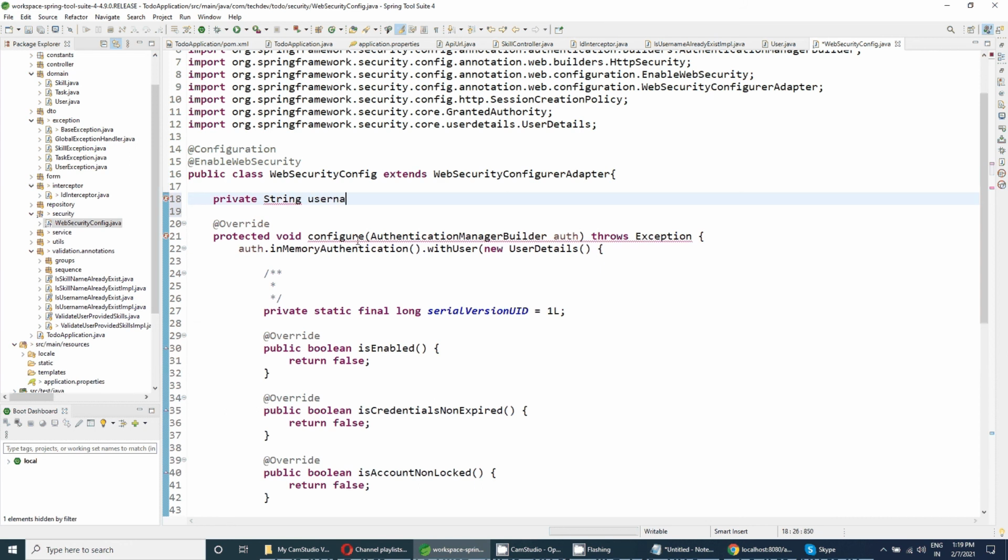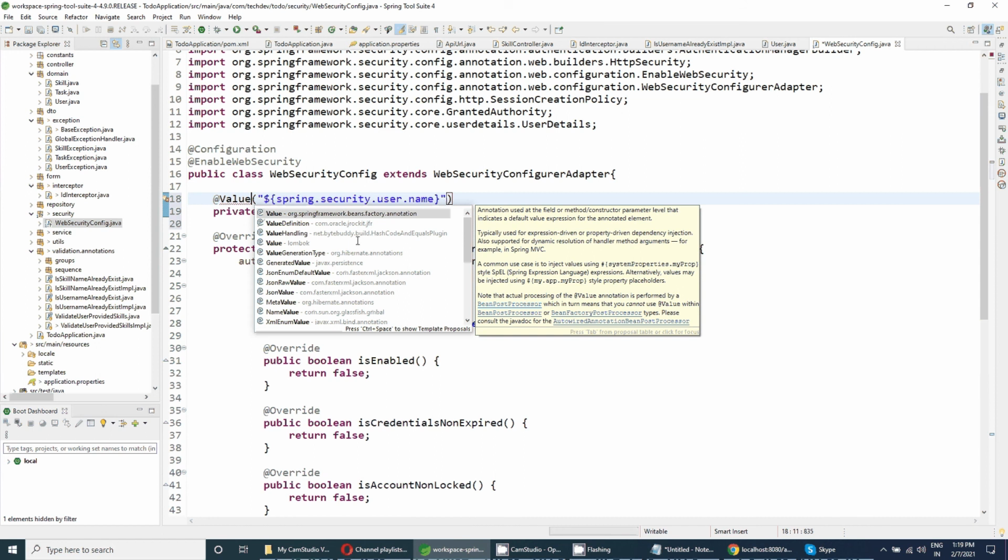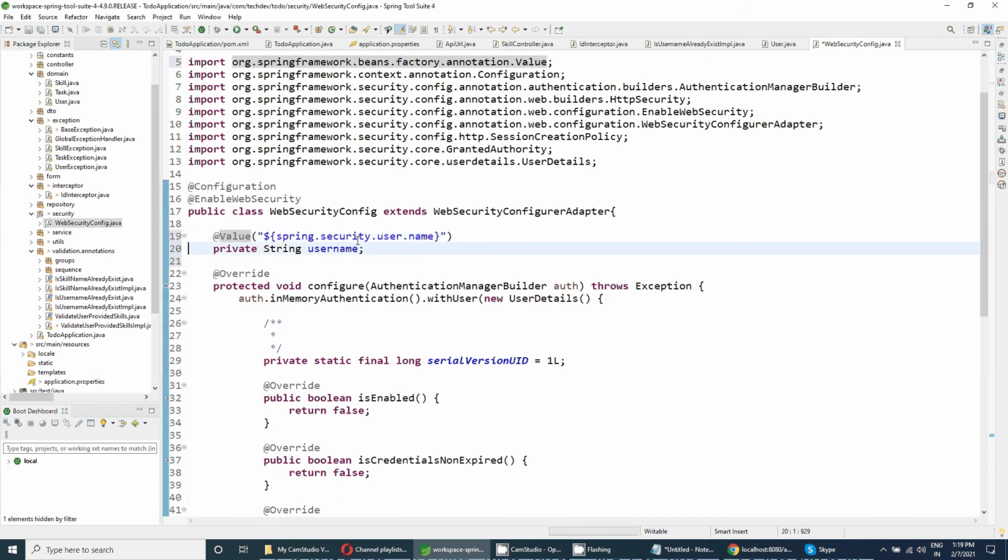I'm saying the username @Value, dollar, inside the curly brackets the property name will be there, and we need to import @Value,